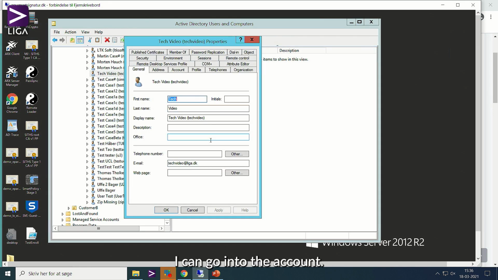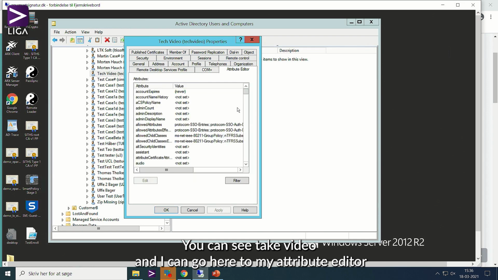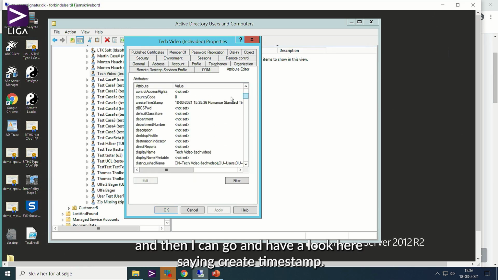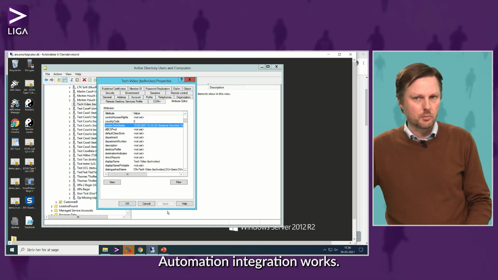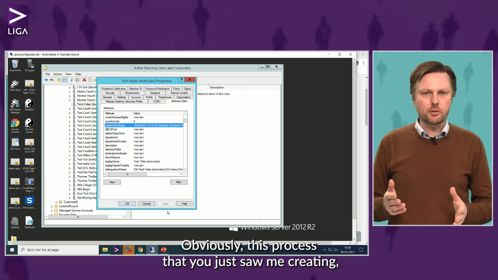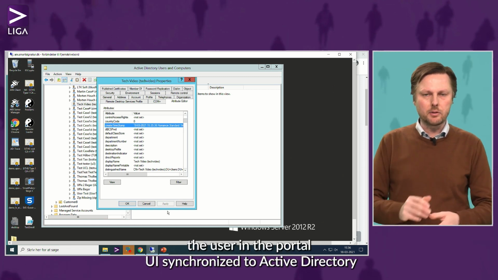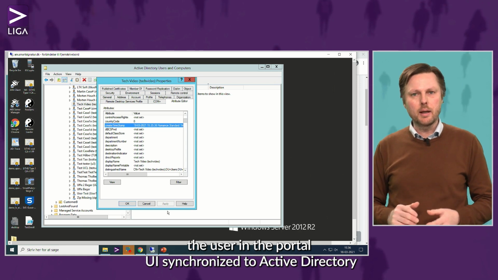I can go into the account. You can see tech video. And I can go here to my attribute editor and have a look at the create timestamp. Well, nearly to the second, the same timestamp as the other timestamp you just saw. Good. Automation integration works. Obviously, this process that you just saw, me creating the user in the portal UI synchronized to Active Directory,